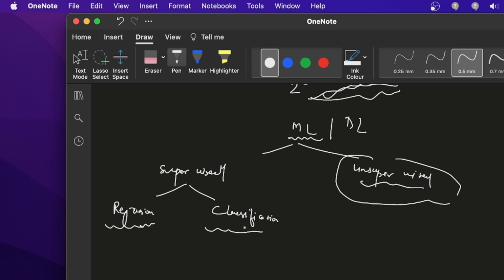But in the case of classification, the output is fixed: either 0 or 1, yes or no, alive or dead, fair or dark, pass or fail. So if you know the output is of this fixed type, you are under classification.